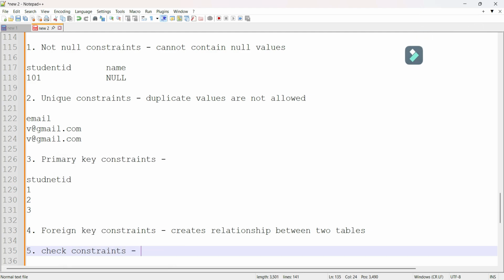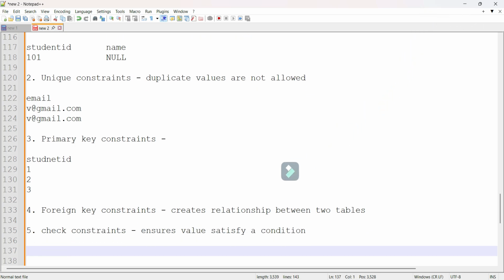Check constraint basically ensures that values satisfy a condition. Let's consider an example of age.